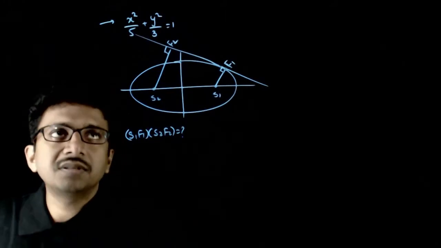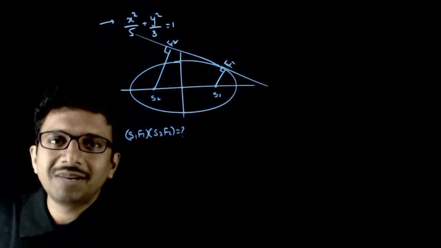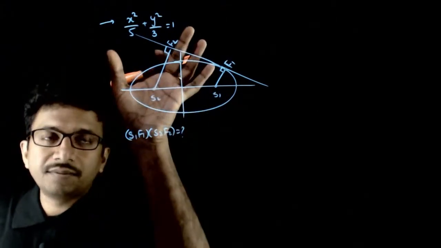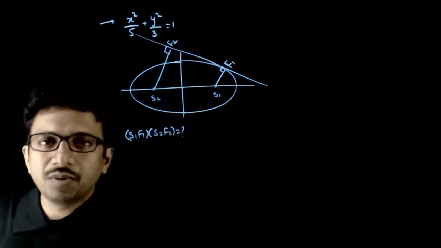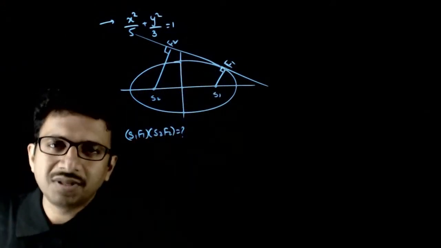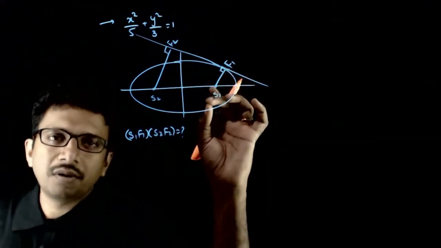So welcome students. In this question you're given an ellipse x square by 5 plus y square by 3 is equal to 1. For this ellipse, S1 and S2 are the foci. You have drawn any tangent to this ellipse and F1 is the foot of the perpendicular of S1 on this